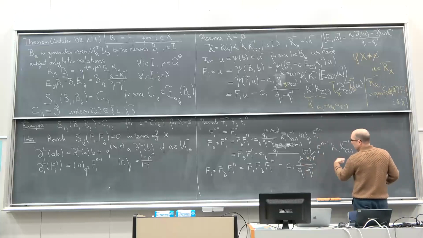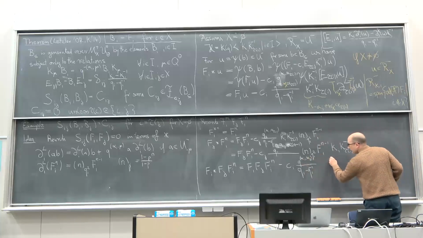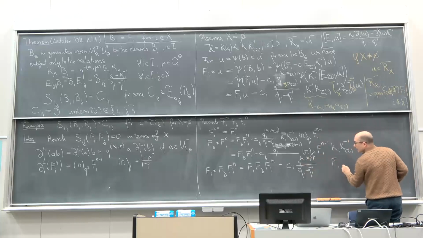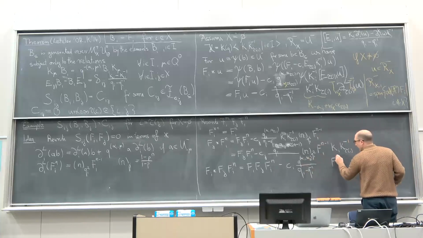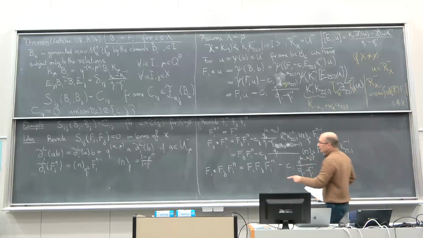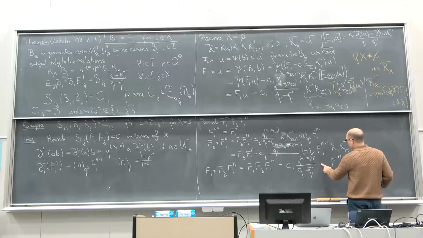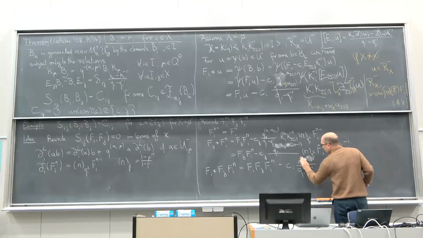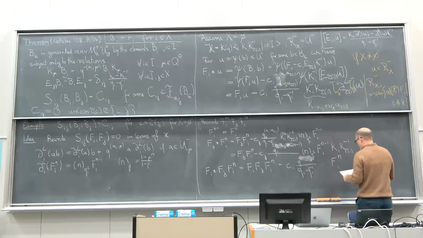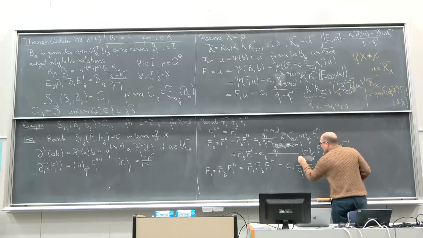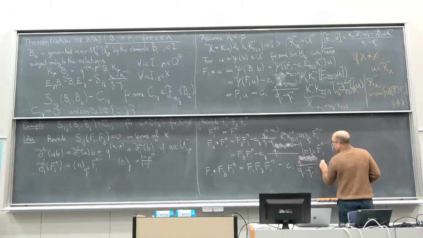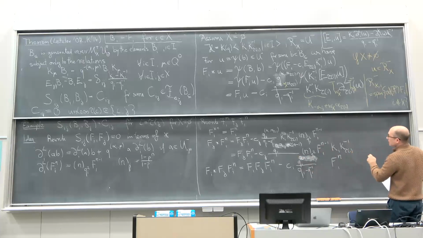and I want to move them to the other side. So then I get an fi to the n, because this j here gets eaten up. And now I move my ki to the minus 1 past this. So I get a 2n qi to the 2n minus, and from the k